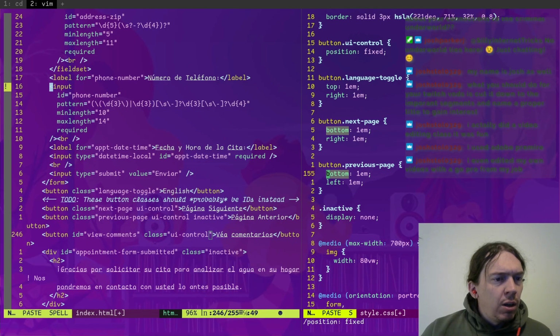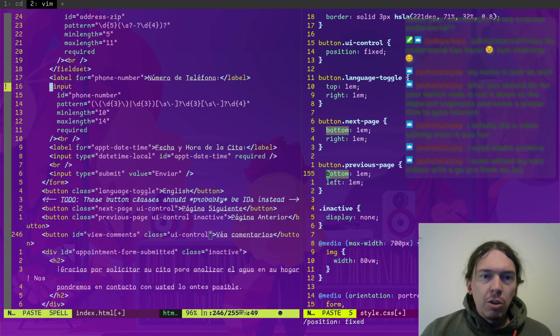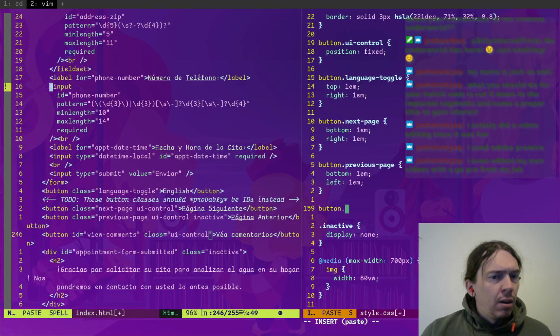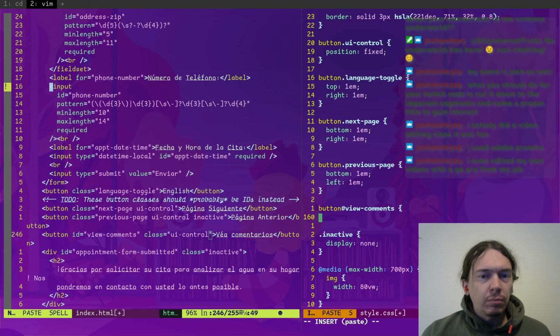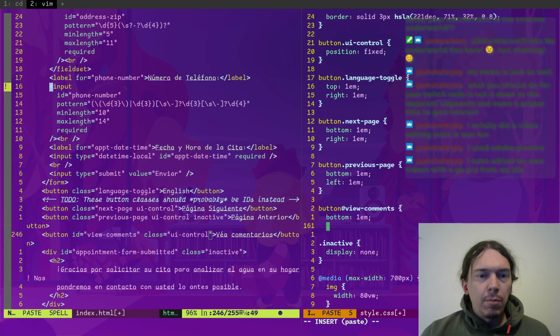Okay, so the view comments is a UI control. So it should also have bottom. So this is view comments. Bottom 1em, same.